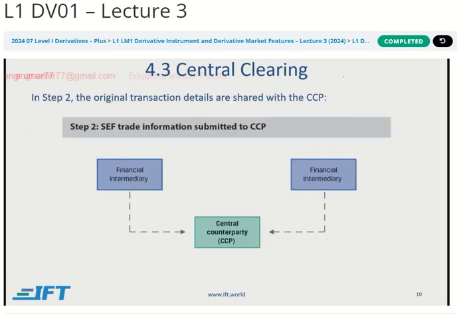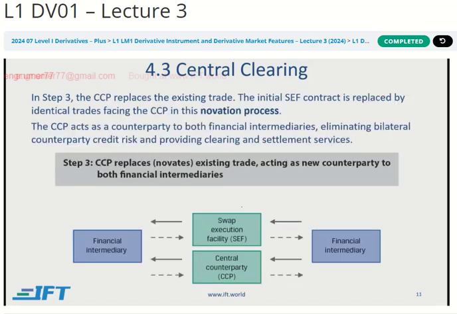And then what happens is that the details are submitted to the central counterparty in the second step. And then what the central counterparty does is that it replicates or replaces or novates. So this word novates, it means a new similar contract is created back to back, right? So this is replaced with the new contract, whereby these two parties don't need to deal directly with each other, but they deal with each other through a central counterparty, so that the